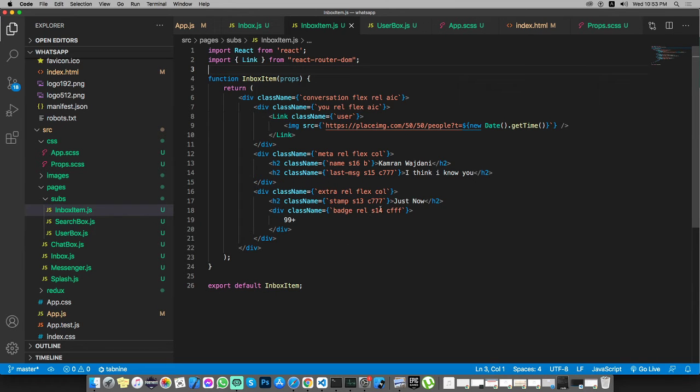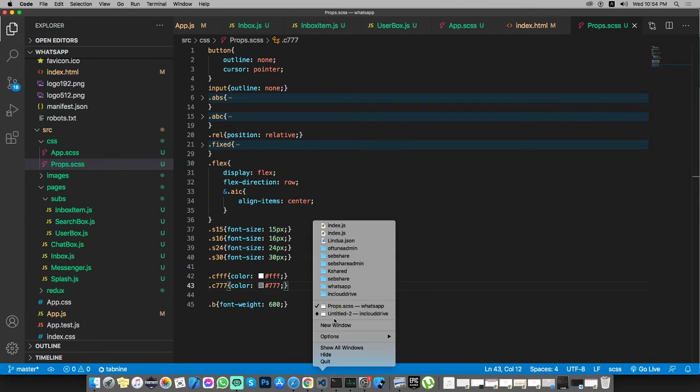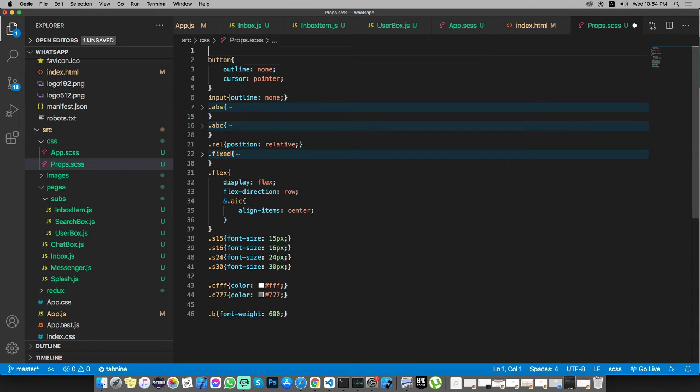I guess for S14 we need to add a quick reset from CSS props, and we need to quickly add a reset inside our props on top of